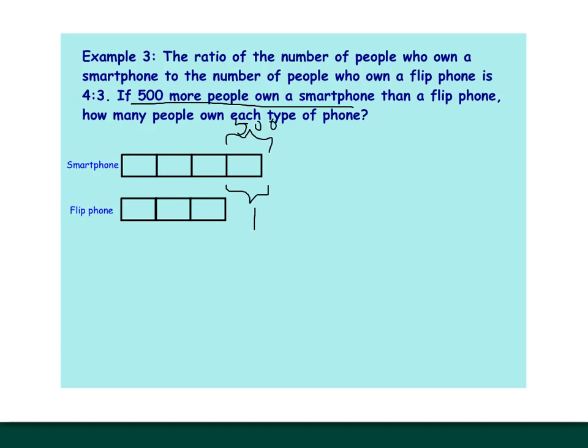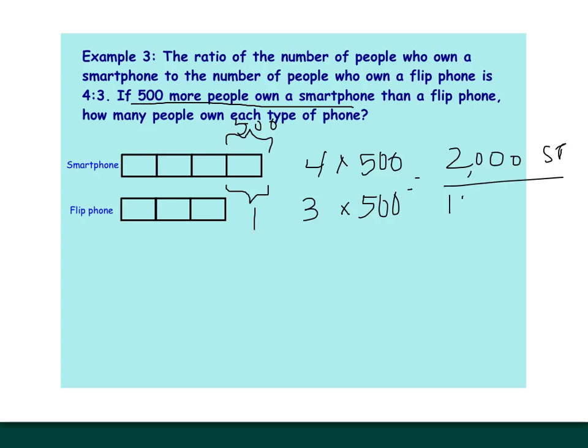Well, that tells me that for 4 and 3, to find my equivalent ratio, I'm going to multiply each of these by 500. And I'm going to get 2,000 people with a smartphone. And I'm going to get 1,500 people with a flip phone. Again, this shows me why I wouldn't want to create a whole list of equivalent ratios, because by the time I got to 2,000 and 1,500, I would have written a whole bunch of these. But by using the tape diagrams, I was able to identify that